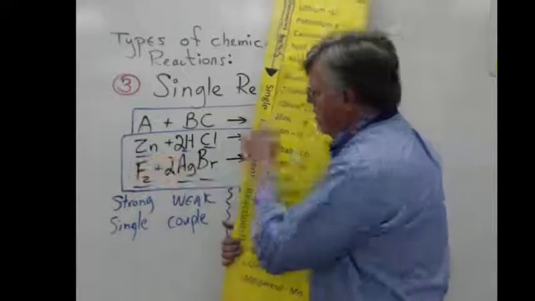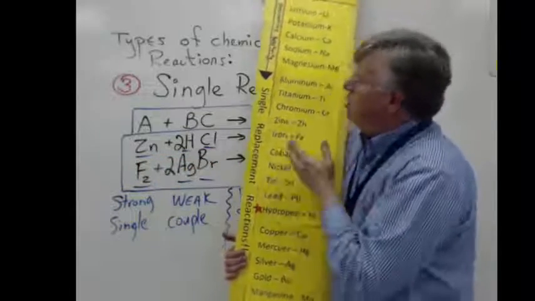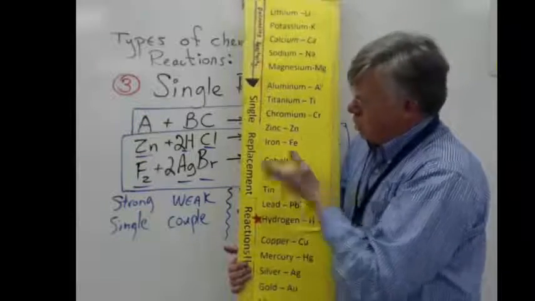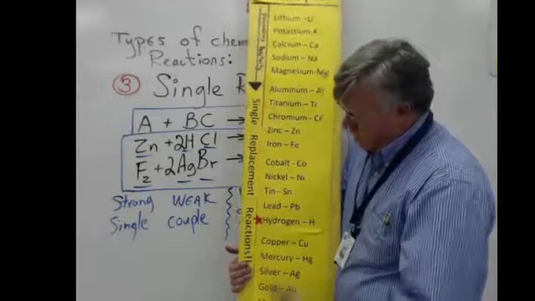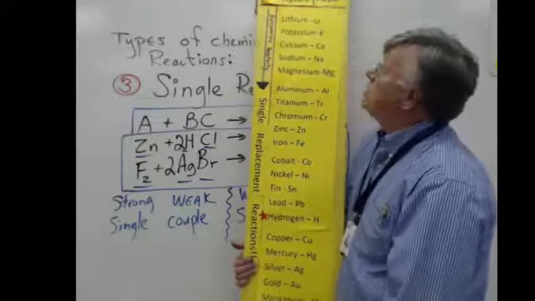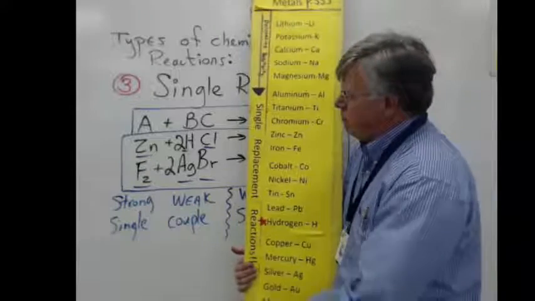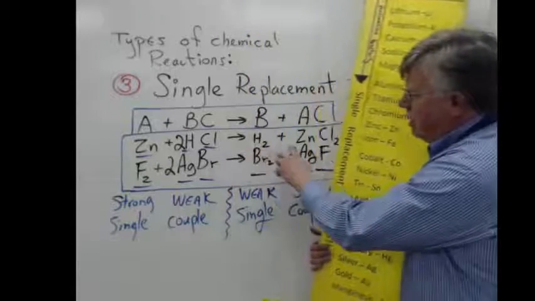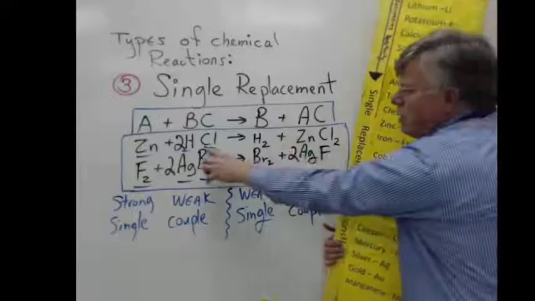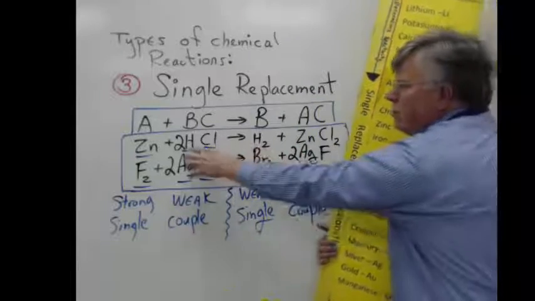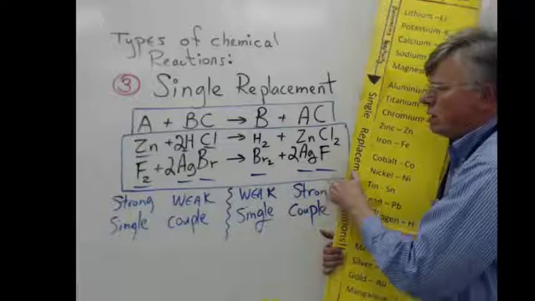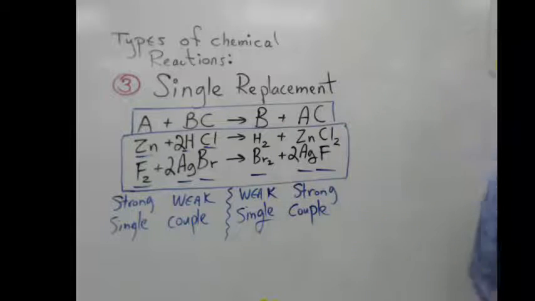So since zinc is higher on this table, which is usually in your textbook, or you can find a chart like this somewhere, it's called the activity series for metals. It can make a new couple with this right here and drive off this to make a new single. And then for the non-metal side,